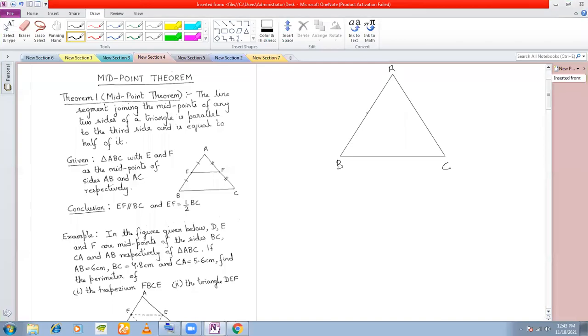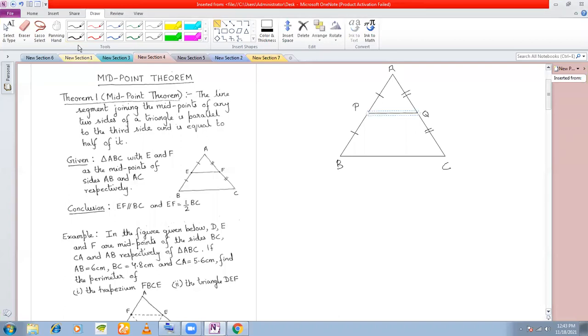In this triangle ABC, if you take the midpoint of any two sides, let us take P as the midpoint of AB. So that means BP must be equal to AP. And if you take Q as the midpoint of AC, that means AQ must be equal to QC. And if you join these two midpoints,